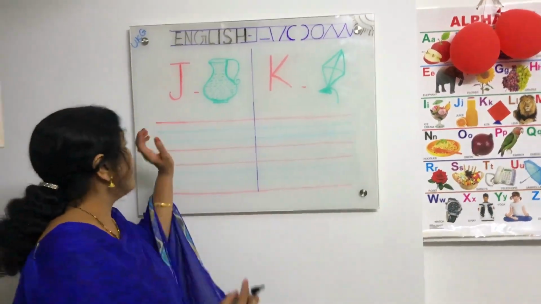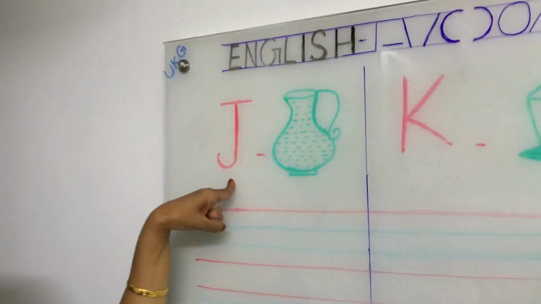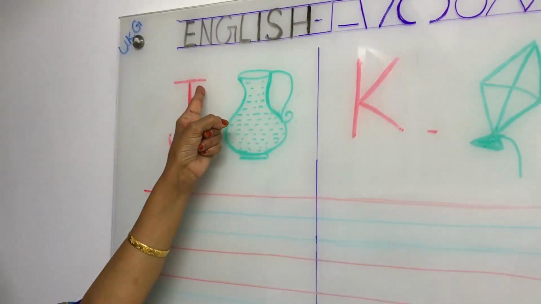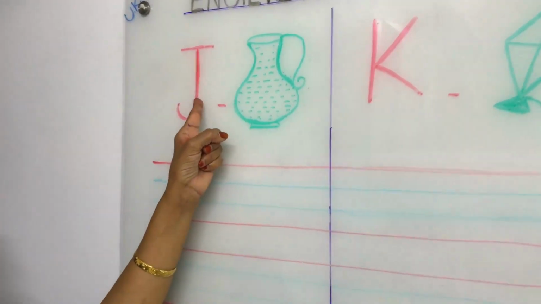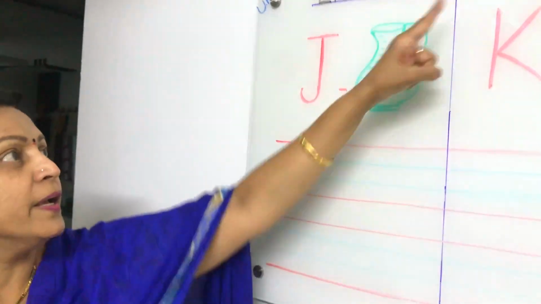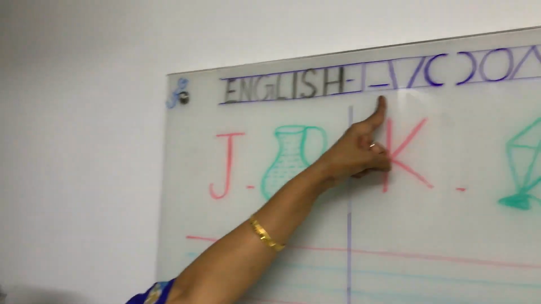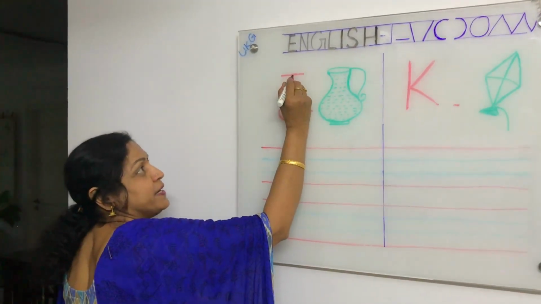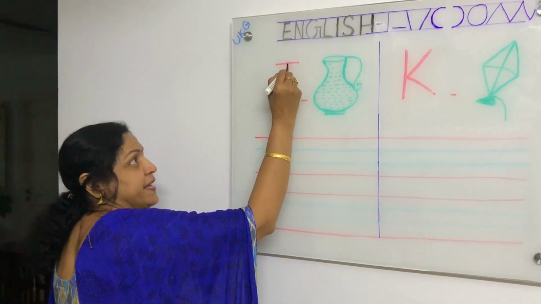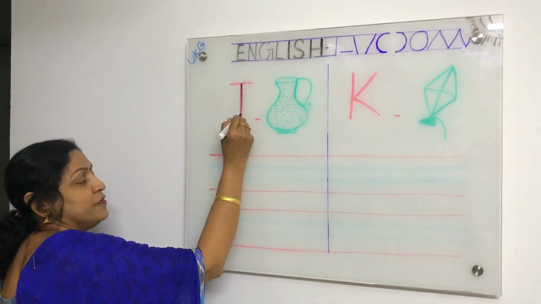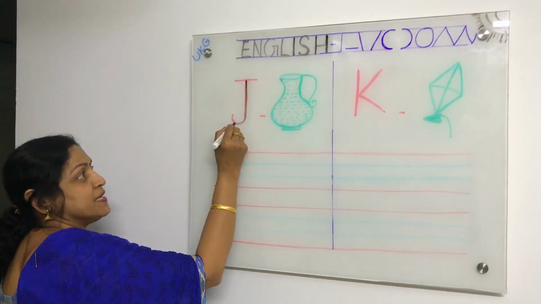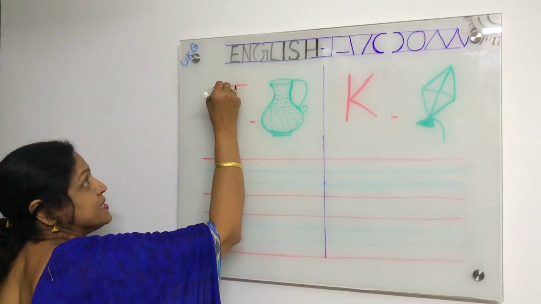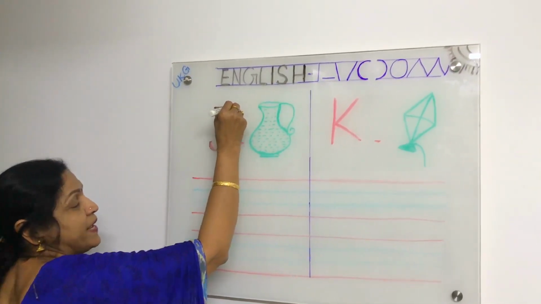Okay. For the letter J, we have used two lines, children. One is sleeping line, another one is standing line, and with the hook. Okay. This is standing line and sleeping line we have used for the letter Z. Okay, see here. First, we should write standing line with the left hook. What is this? This is left hook.